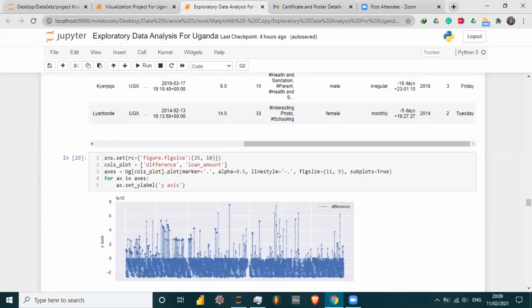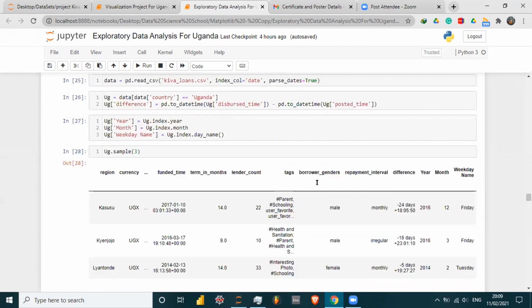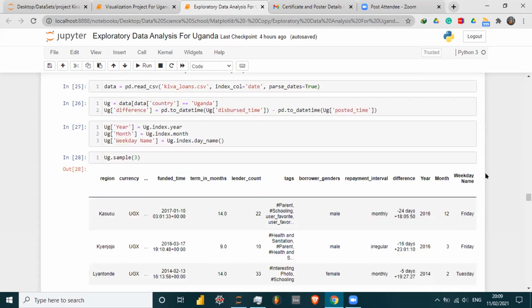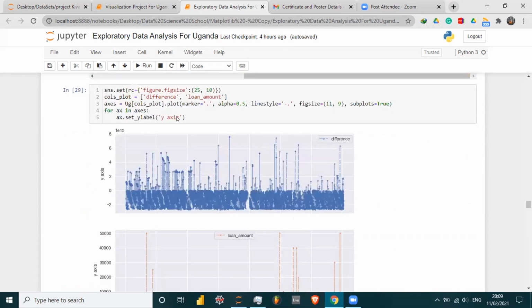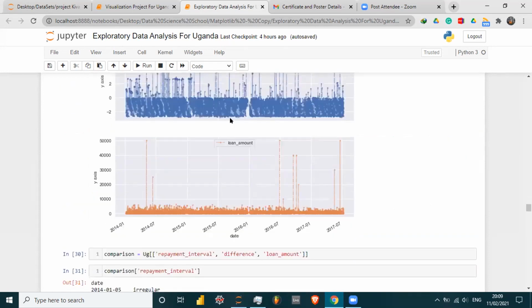So I went ahead and used Seaborn to plot my time series analysis, just to check the difference in distribution time and the posted time of the loans. So this is my little time series analysis that I tried to plot. Then I went ahead to check